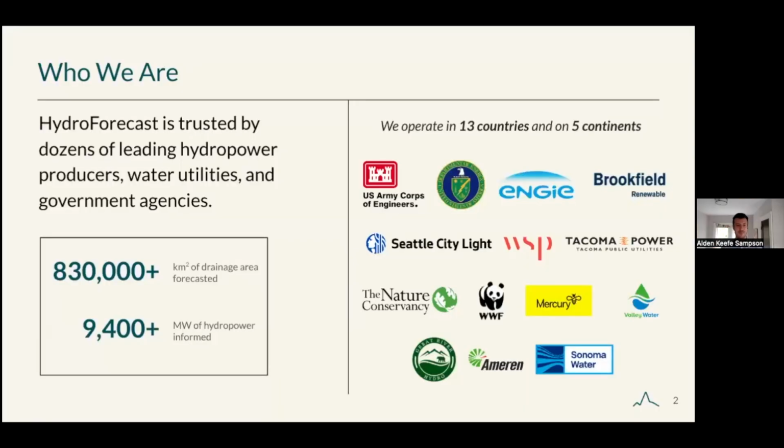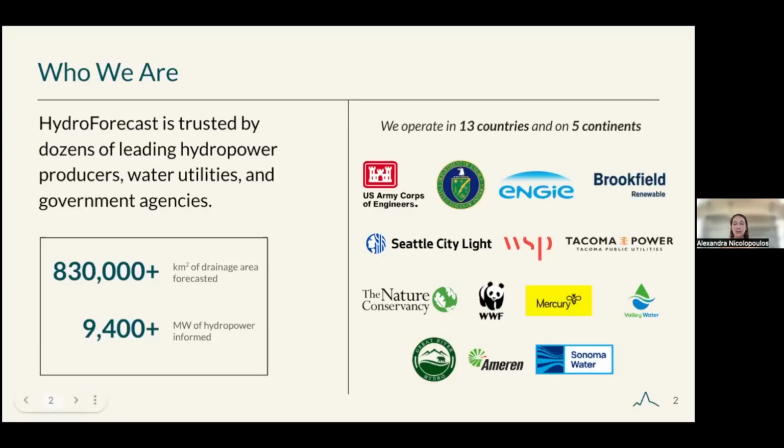So just setting the stage before we jump into things. Upstream Tech is a 30-person software company. Our team is made up of software engineers, machine learning specialists, hydrologists, water experts, and HydroForecast is one of Upstream's 2 products. HydroForecast is our theory-guided machine learning model, which predicts stream flows, and it is used by hydropower producers, water